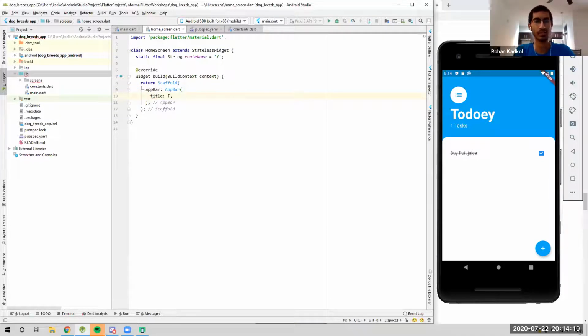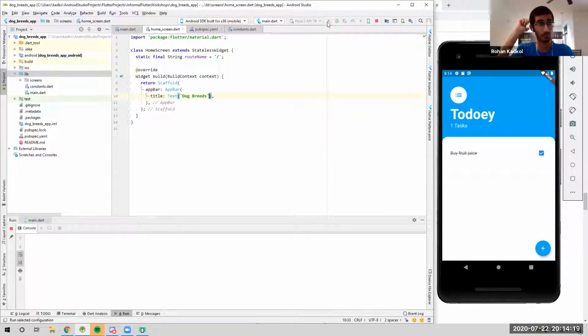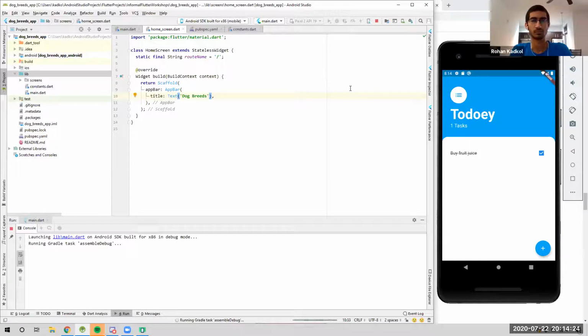So title, let's add the usual thing. Text is dog breeds, and let's build the app. Dog breeds. So we have to go to the documentation, send the request, parse the JSON response, download the data, save it. There'll be some providers that we might use. There'll also be